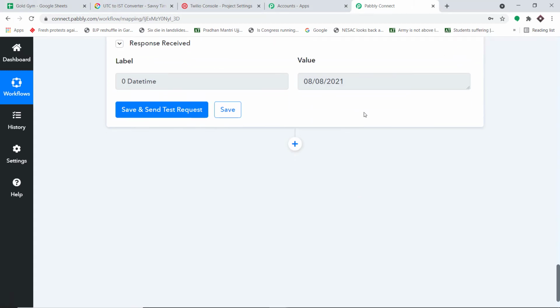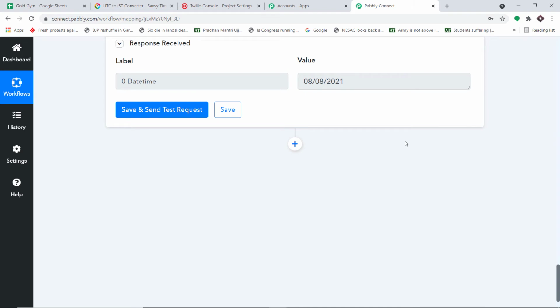Excellent. Now what's next? Now we have to apply the condition. The condition is if there is an expiry date, we want to send a reminder SMS to the same person one day before. Let's go with 1 day. Okay. If there is an expiry date, let's say the expiry date is 10. We want to send, let's say, the SMS 2 days or 1 day prior to the event.